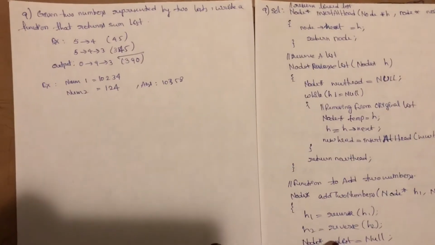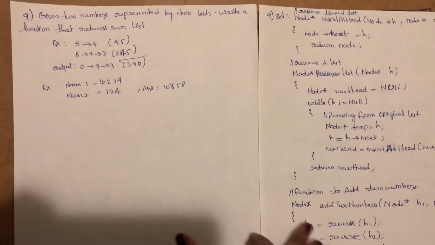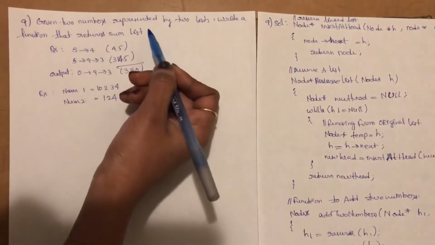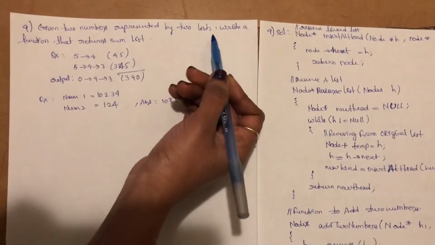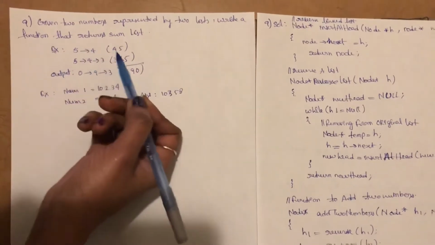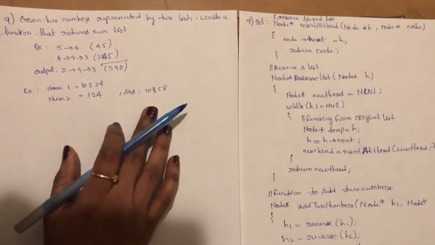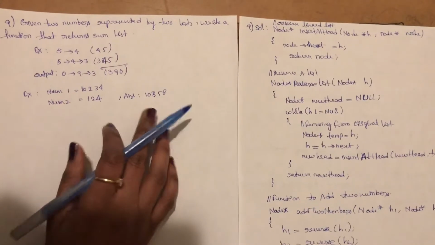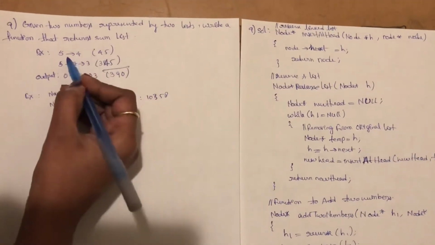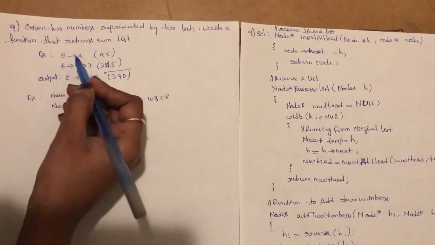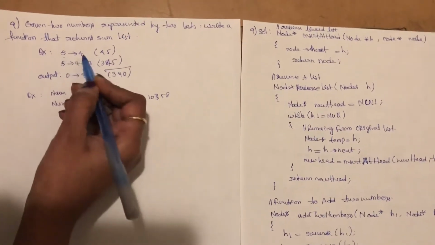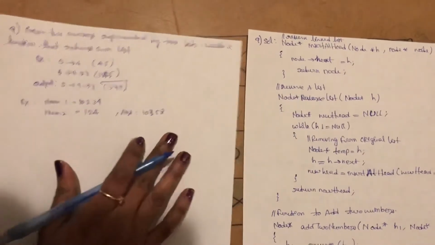Welcome to assignment number 7 and problem number 9. Given two numbers represented by two linked lists, write a function that returns the sum list. That means the numbers given to us are represented by linked lists, for example, if we see